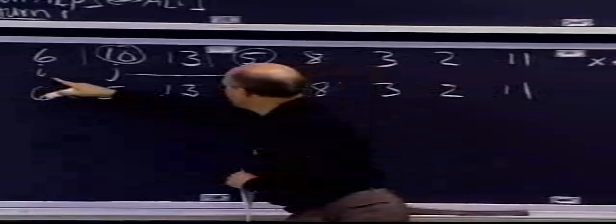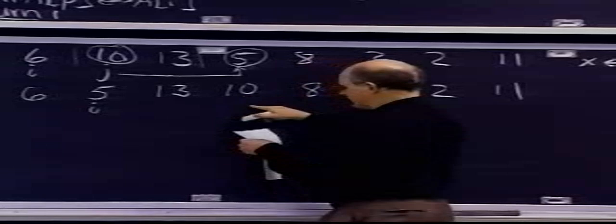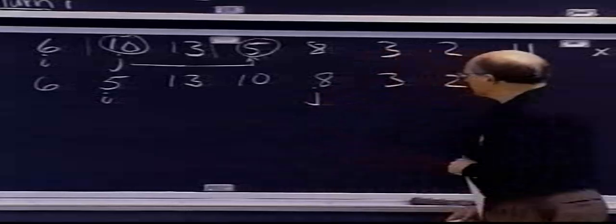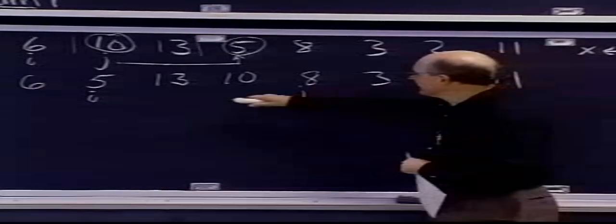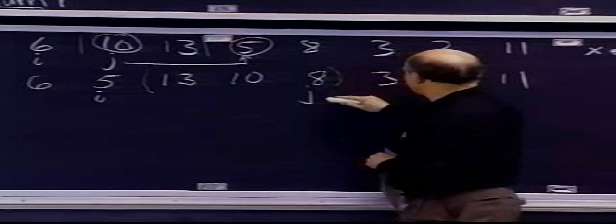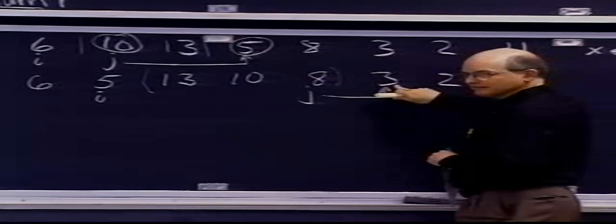And the rest of the array is the same. Okay? And now i is moved from here to here. And j starts out getting incremented as well, starts out here. And we compare with this one. Okay? And once again, this is the part now here which is greater than or equal. We go one step and we discover something that's less than or equal.